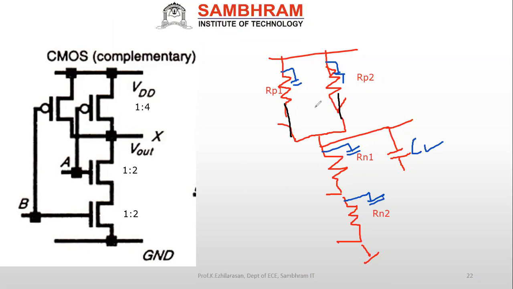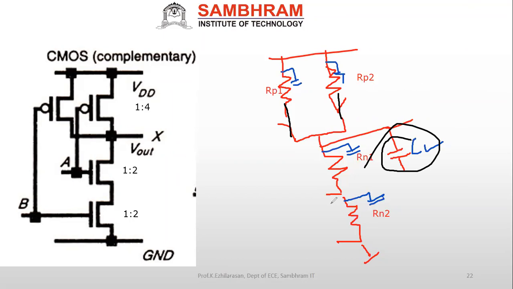Now you can see here, two resistors, both are connected in parallel, correct? So it's supposed to be RP1 into RP2 divided by RP1 plus RP2 value resistance. You see this? But this is our series connection, RN1 plus RN2, right? So that will be like RP1 into its capacitance value into RP2, its capacitance value, divided by RP1 capacitance plus RP2 capacitance plus the total capacitance value. That is the delay actually.